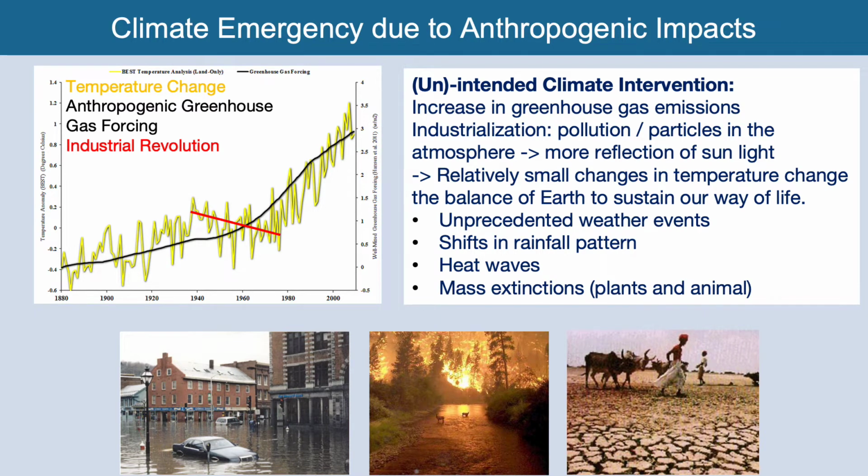For example, the Industrial Revolution has caused cooling of the Earth's surface due to increasing pollution and particles in the atmosphere. In addition, increasing emissions of anthropogenic greenhouse gases result in increasing surface temperatures at an unprecedented speed. These relatively small changes in temperature change the balance of the Earth and our ability to sustain our way of life in the future. Signals of climate change become more and more imminent, and we already experience